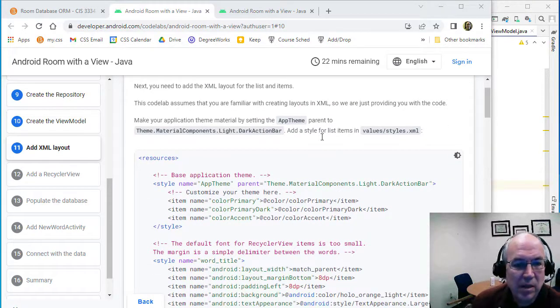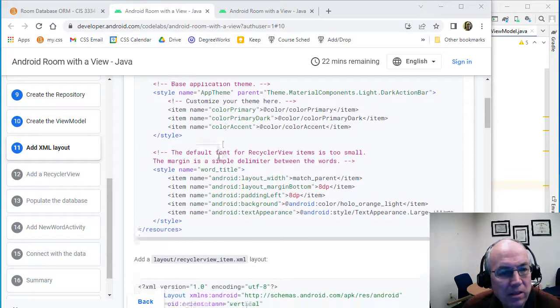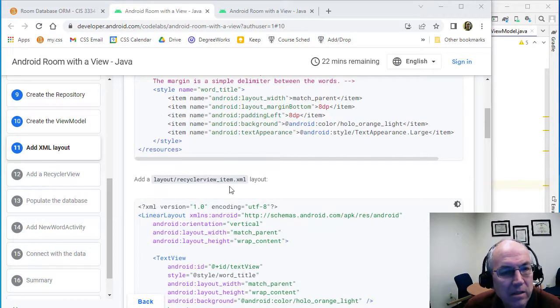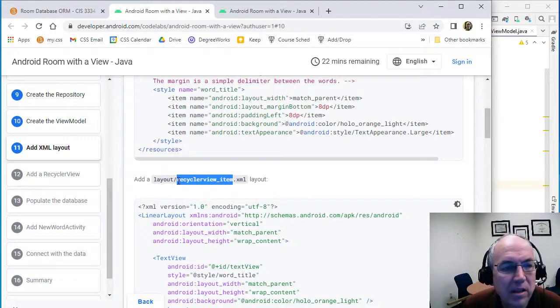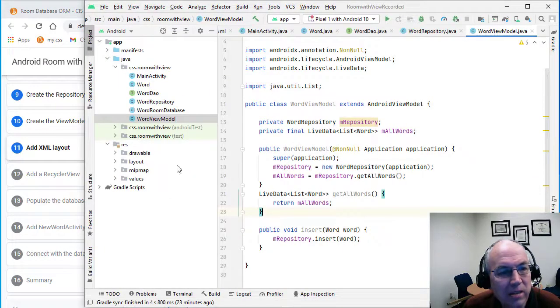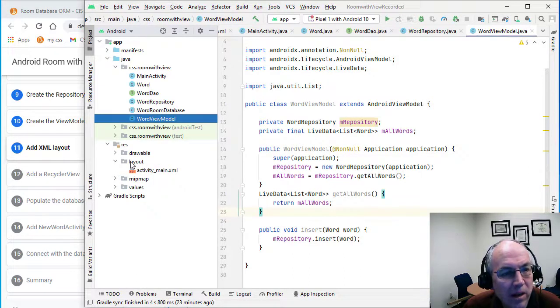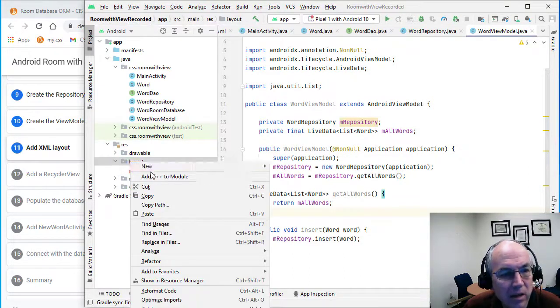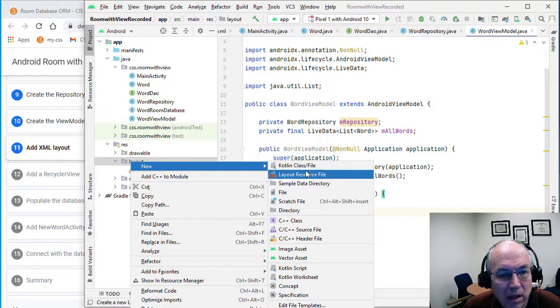Since we haven't done much with styles yet, I'm going to skip over this style section, and we're just going to add this XML file for our recycle viewer. So our list is going to need its own little layout file, and so again we're going to create that. Layout files are in resources layout, so we want to do that, and we're going to create an XML file here. So we're going to go new layout file,